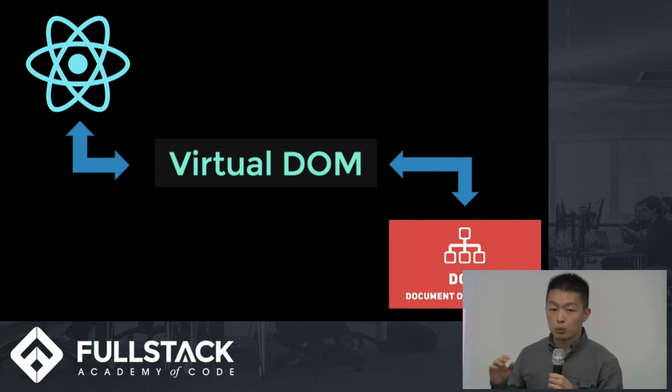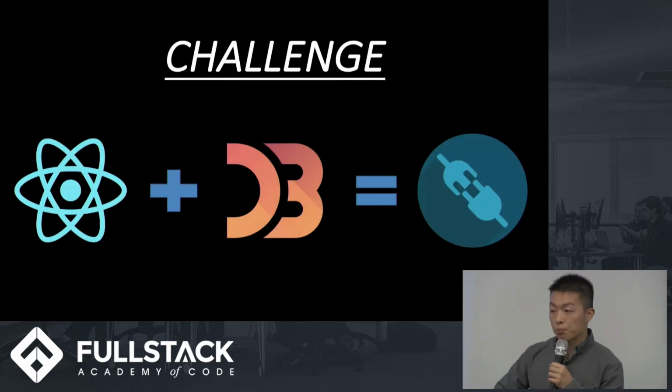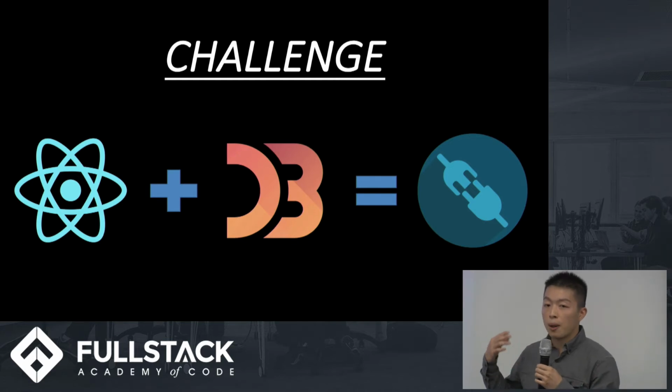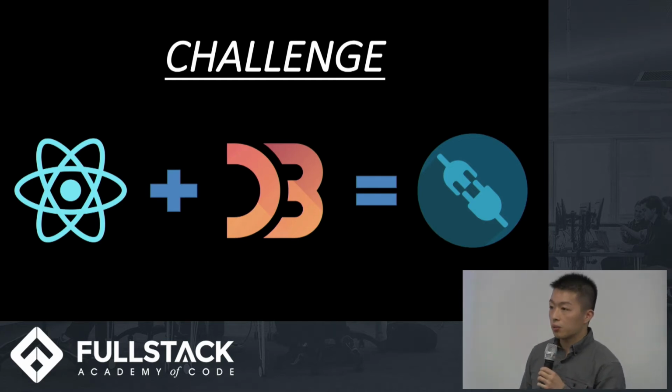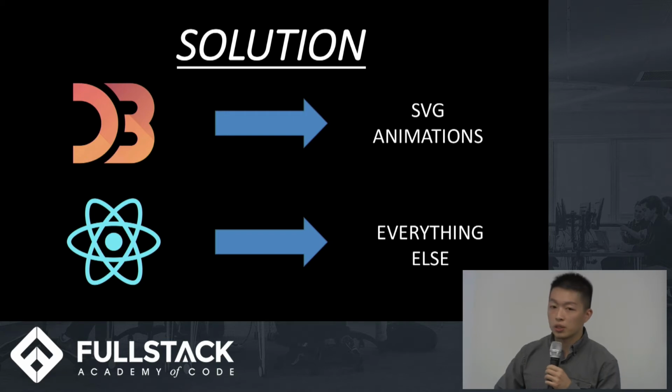And now I've said that both React and D3 render to the DOM, so we now have a problem. How do we combine them together in a coherent way? We decided, after much research, that we don't combine them, and we let D3 do its own thing, and that is to render SVG elements, which is the pretty graphs and stuff. And we let React render everything else, which is the structure, such as the search bar, the title, and so forth. We decided that this was the best approach because it took the strengths of both libraries, and we also didn't have to try to bend one library to fit the other library. And that is our